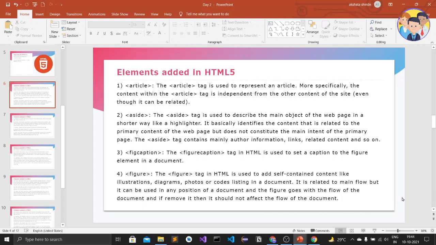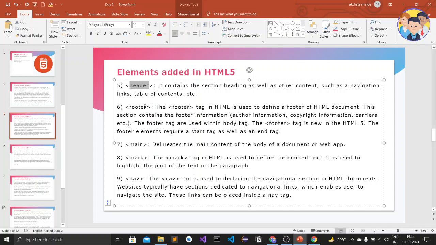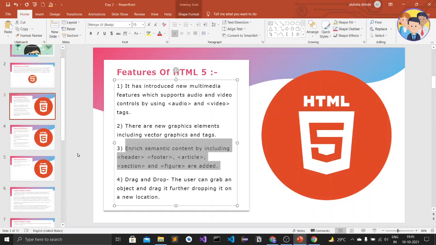So the figure is also like a container. It contains text, diagrams, photos, codes. So let's see another element, which is the header, which we saw in the third point. Then footer, then main. These three are semantic elements, which we saw here.